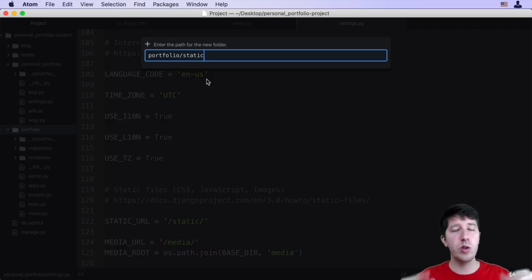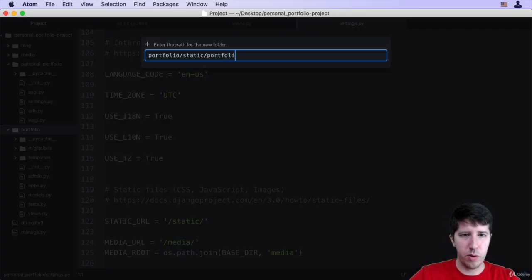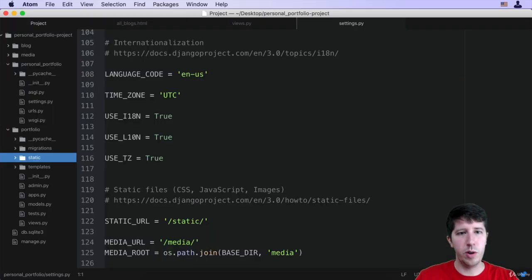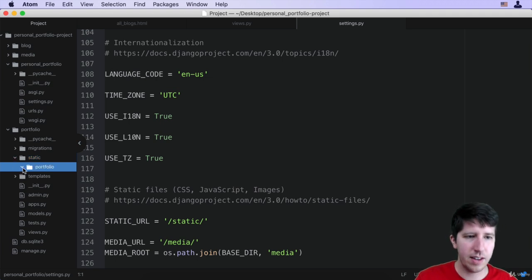If you name it something else, you technically can go to settings and say what that name is, but it's just much easier if you just say static inside of your app. And then I'm going to do a slash and the name of the app again, Portfolio. Let me just add those two there. So you can see in Portfolio, I have static, and then inside of Portfolio, that's where I'm going to add